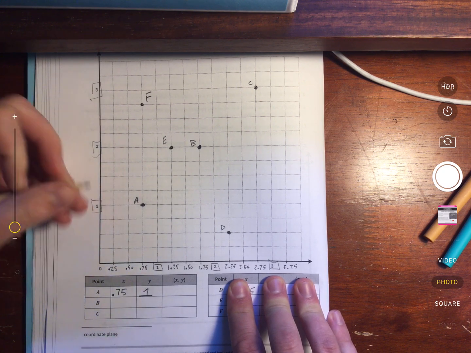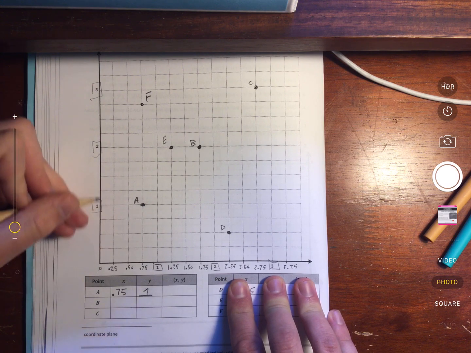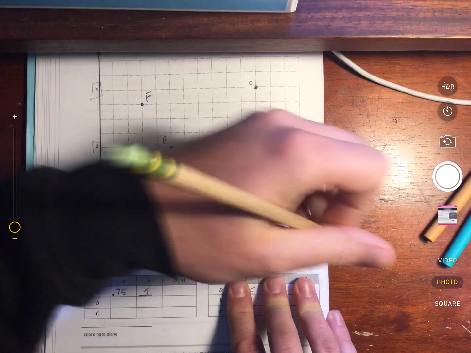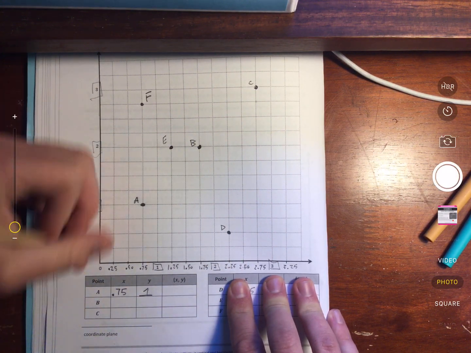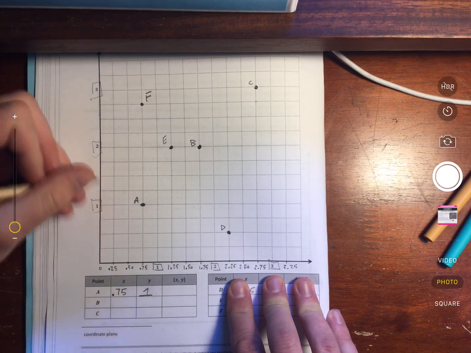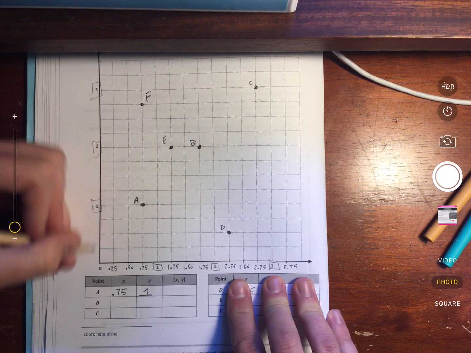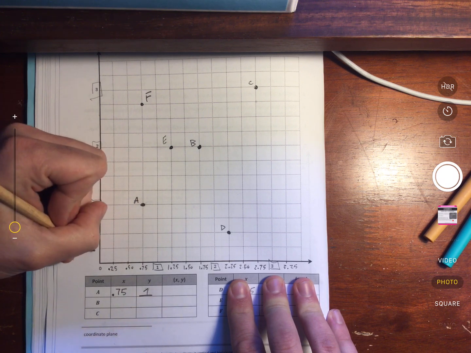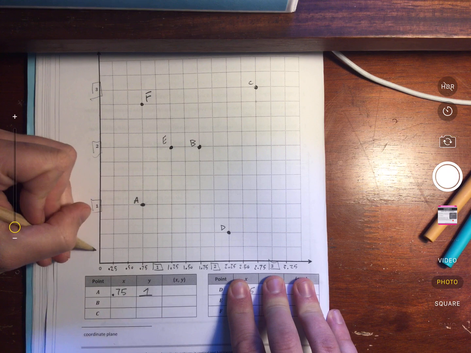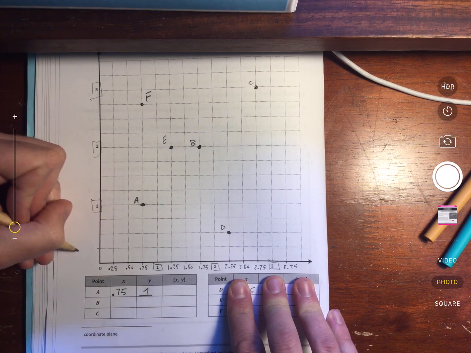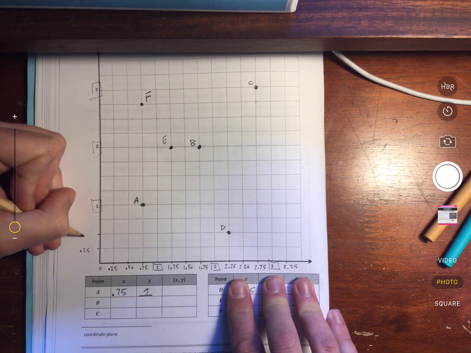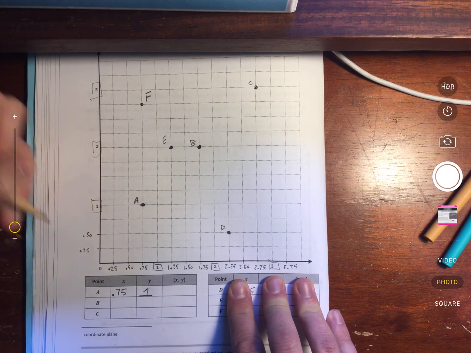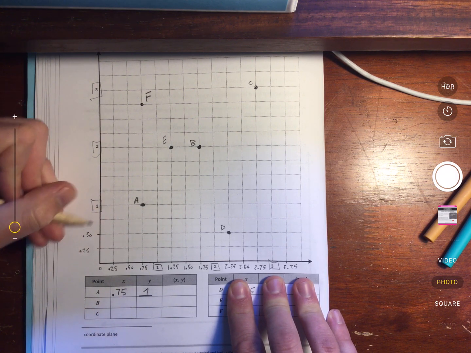Okay, and then I'm going to think about how many segments I have, how many lines on my coordinate plane I have between 0 and my wholes. So I see that I have 1, 2, 3 lines splitting that up into 4 sections. So I know that 1 divided by 4 is going to give me 25 hundredths. So each one of these lines is going to be increasing by 25 hundredths. So 25 hundredths, 50 hundredths,